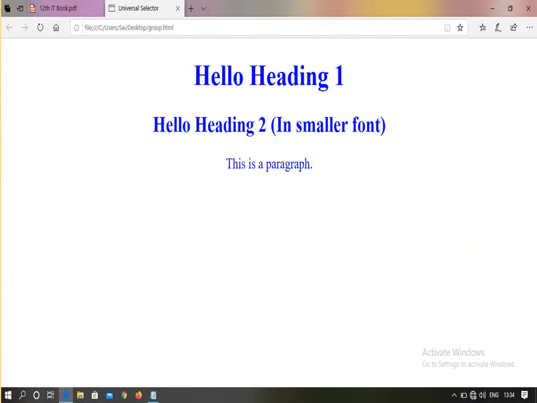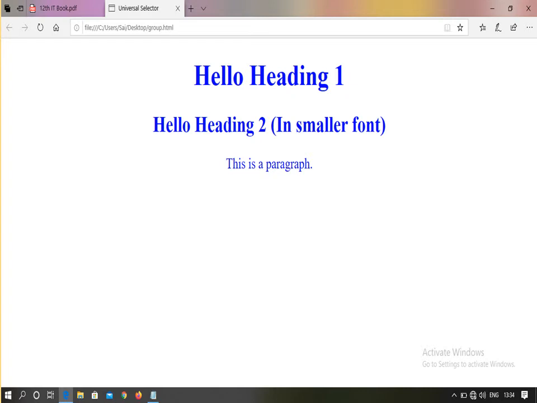See, this is the output of the group selector program. In that program we already used one style on the H1, H2 and P tags. So first, hello heading 1, which is enclosed in the H1 tag, then hello heading 2 in a smaller font, that is in the H2 tag.